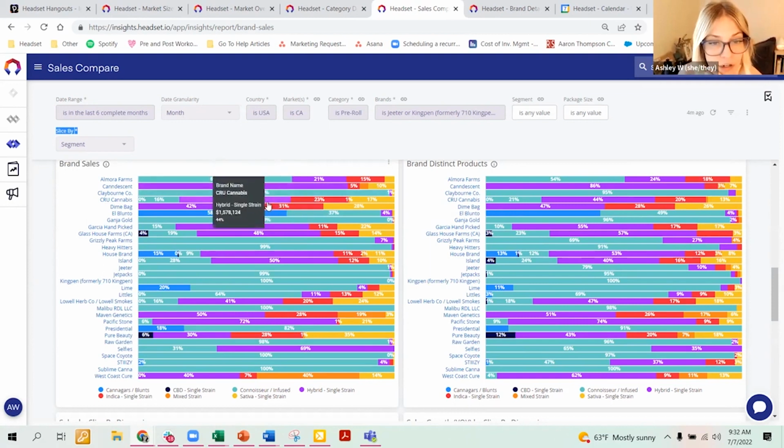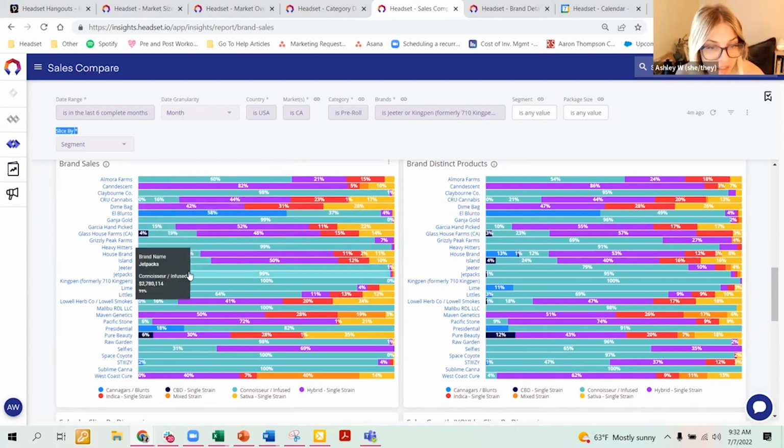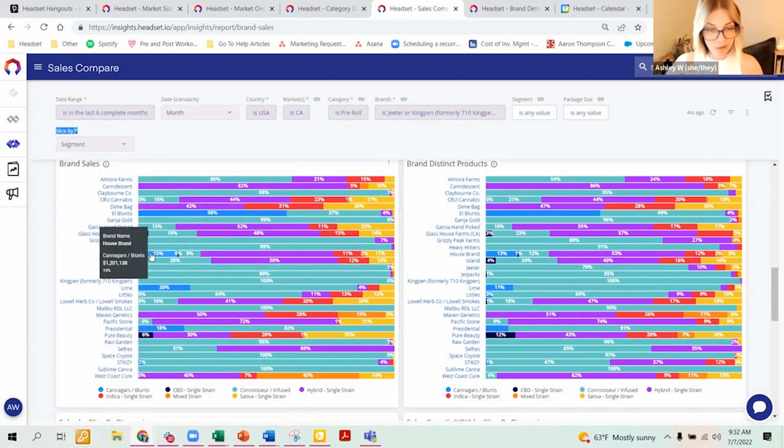There are some folks like Crew who are still seeing the bulk of their sales volume driven from their hybrid single strain pre-rolls. Dime Bag as well is not yet playing in the infused space. I'm curious to see if they'll end up getting in there. And then when we look at our house brand, this is, if I was to go in, our house brand is probably going to be the cheapest product in the store. Retailers can get themselves a little bit better margin when they're offering their own products. You can see that 52% of their sales are being driven by those